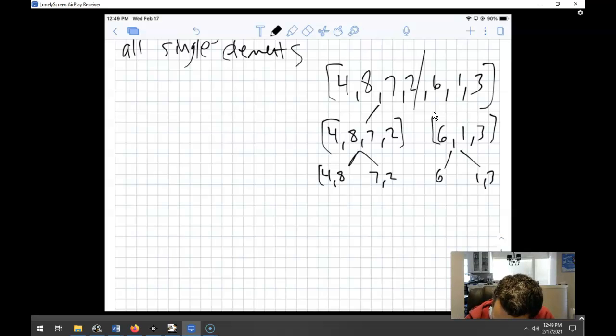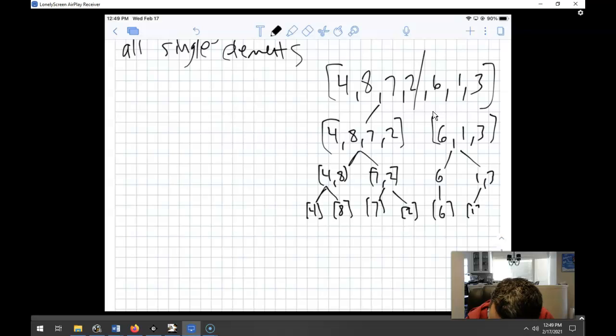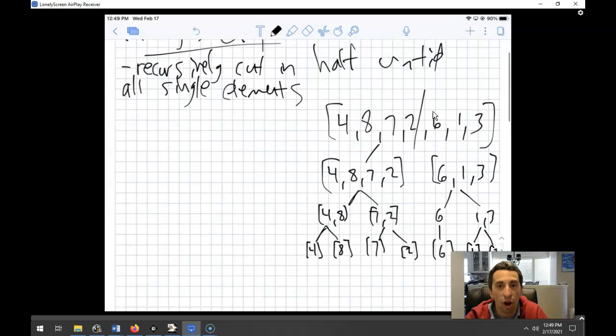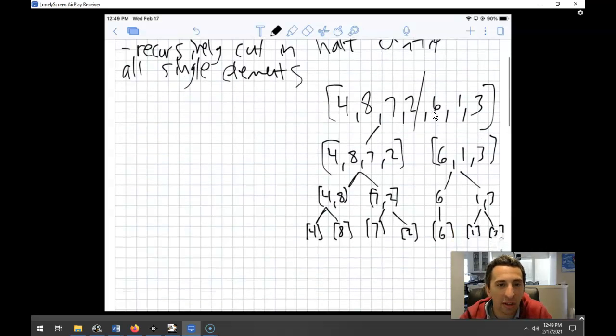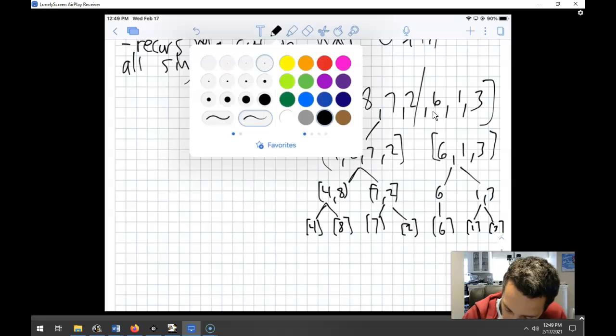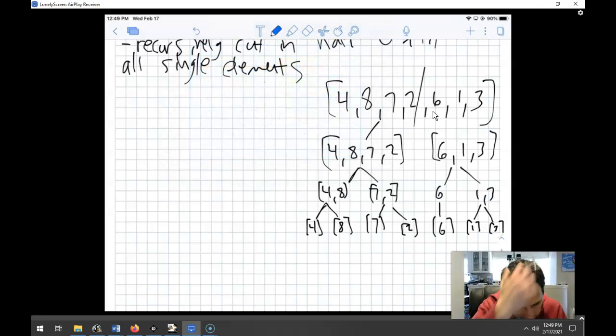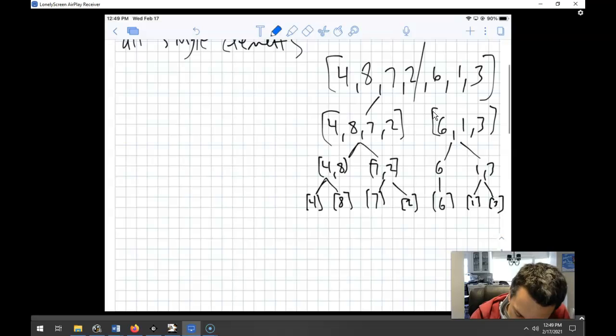Okay, and then I'm going to break these down further until they're all arrays of single elements. So I have 4 and then 8 and then 7 and then 2 and then the 6 obviously is by itself, and then I have a 1 and a 3. So I'm just breaking it down into a bunch of separate little arrays like that. Okay, so now that it's all single elements, what I'm going to do is try and put it back together. I'm going to merge the list together. That's why it's called merge sort. So I'm going to merge the list together